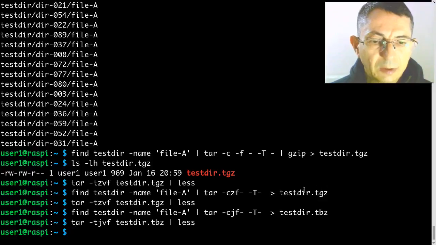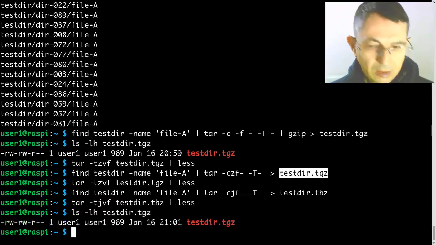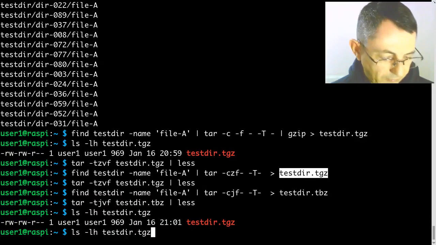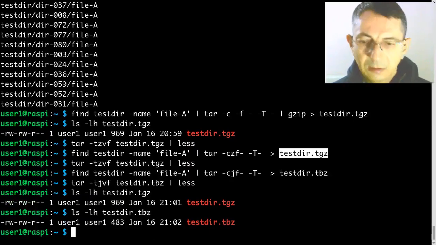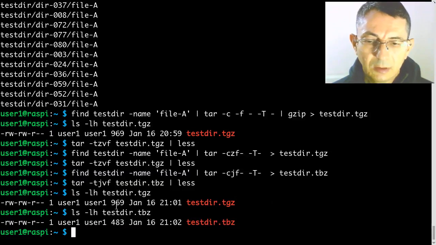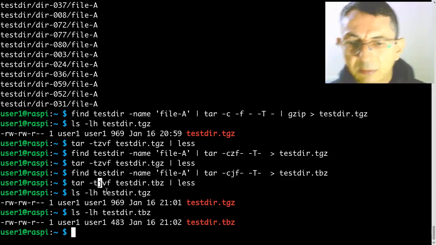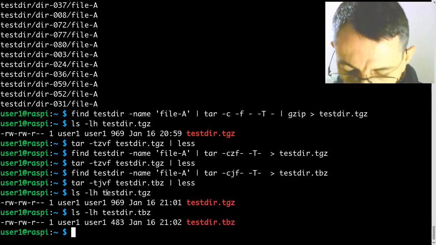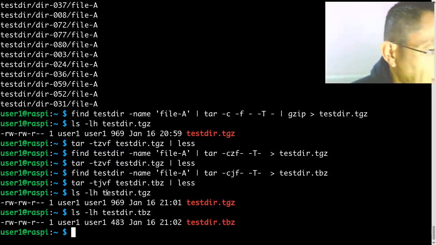Now, if I look at the size of this file, and look at the size of the other file, we see that this file is smaller. So this compression algorithm does a better job. Okay, we can stop here today, and we will